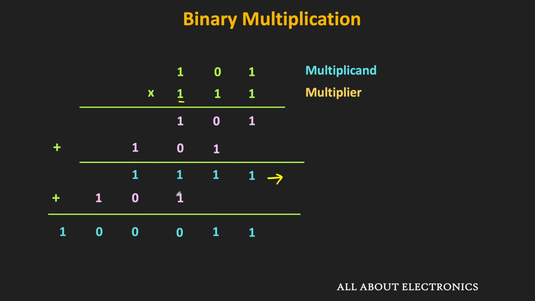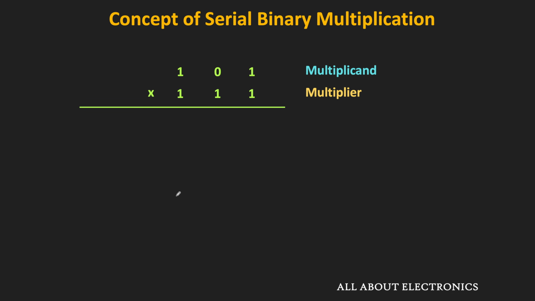So once again, let us take the same example and multiply the two numbers. Here initially, the partial sum will be equal to 0. Since we are multiplying two 3-bit numbers, the maximum value of the product term will be 6 bits, and that is why the partial sum is represented by 6 bits. Now when the LSB of the multiplier is multiplied with the multiplicand, the first partial product will be equal to 101. This 101 will be added to the partial sum starting from this location, and the result will be equal to